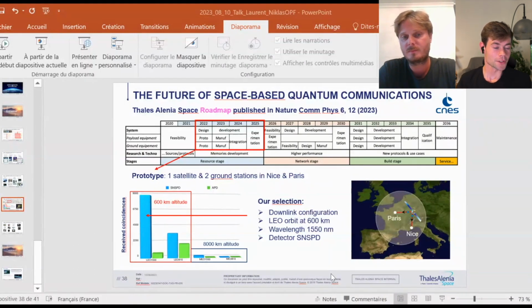Okay, understood. So then for the last requirement, or the last selection point, you have the wavelength as well. Would you mind explaining why you chose the wavelength that you did and what the alternatives would be for choosing another one? Okay, so first you have to think about the atmosphere, and the atmosphere is a mixture of many gases, and the problem is that the gases absorb some wavelengths. So there are some wavelengths that cannot pass through the atmosphere.